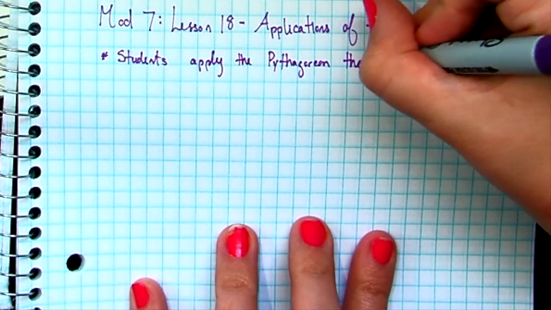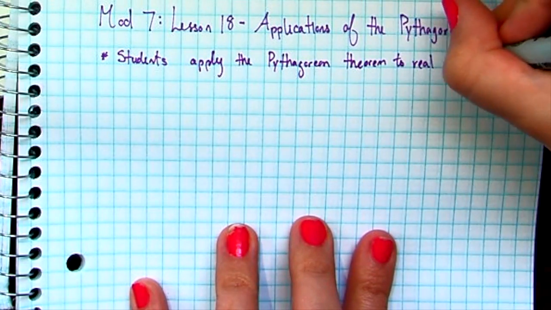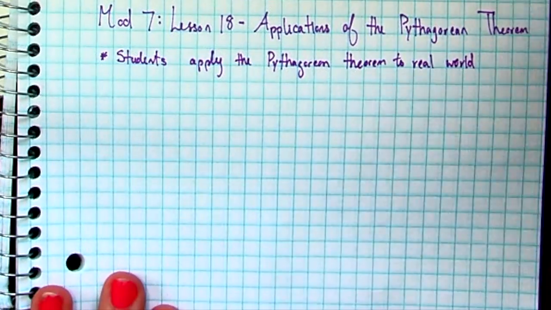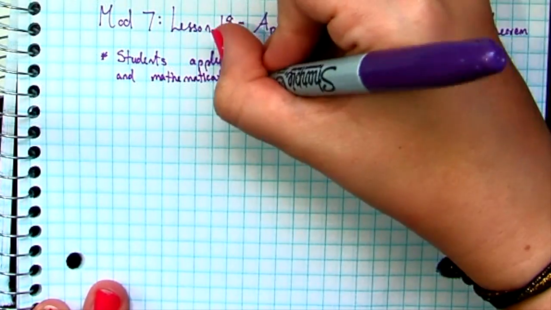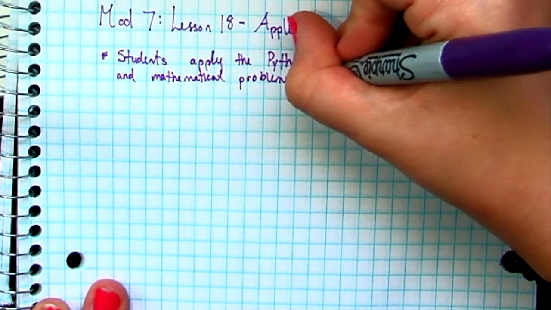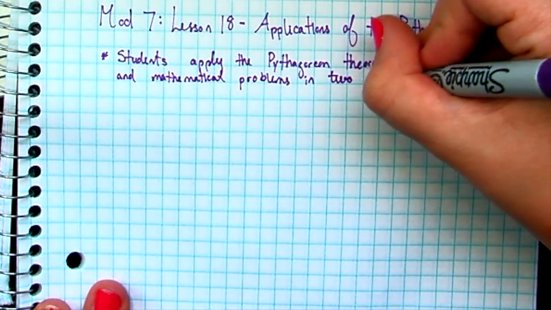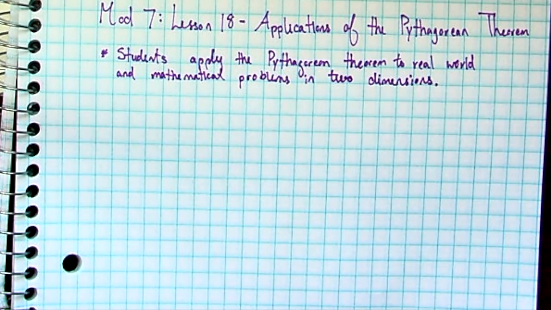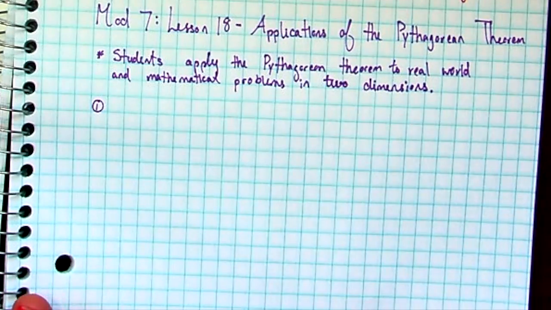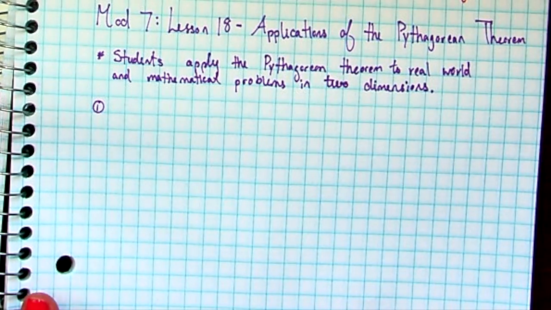Our objective is going to be: students apply the Pythagorean theorem to real-world and mathematical problems. We're going to make those in 2 dimensions. We don't really want a 3-dimensional problem because it's going to be a little more complicated. So my first example, the only example I'm going to show you, is a